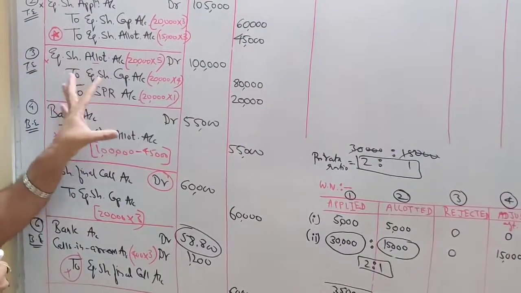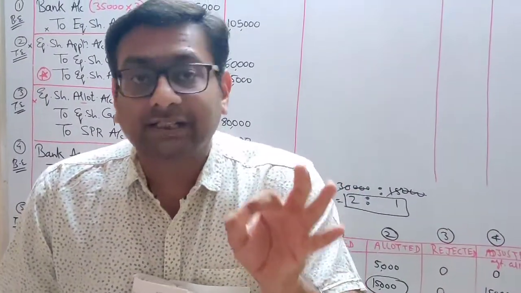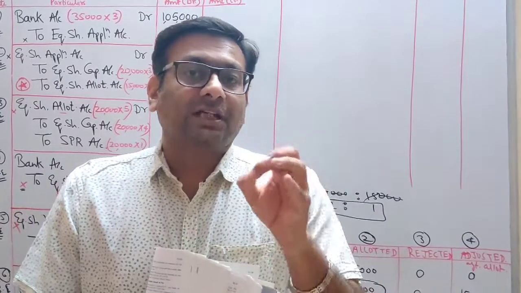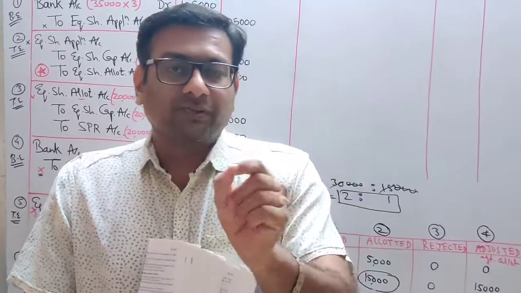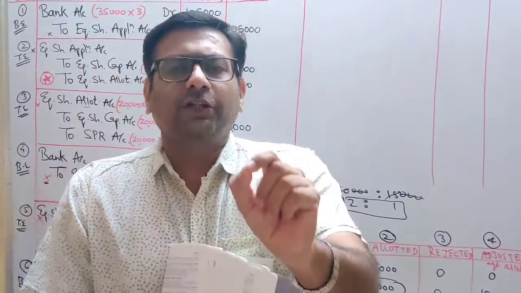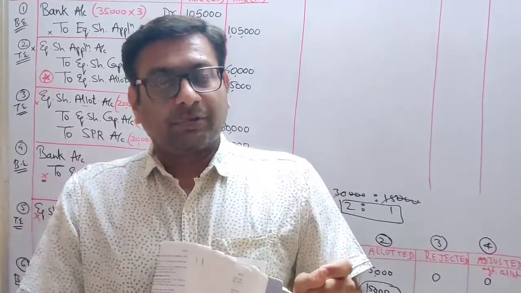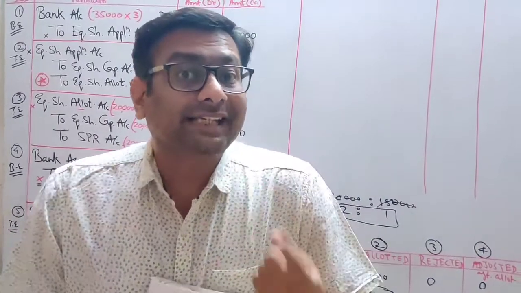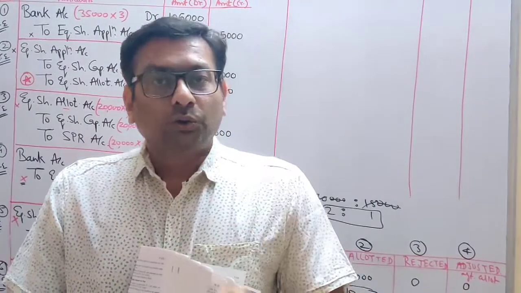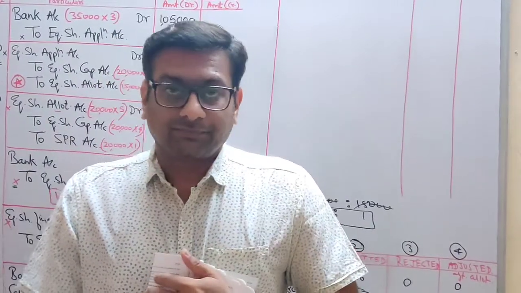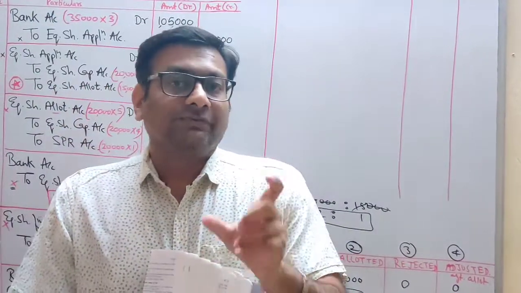But if there is arrear in allotment, students, you will have to do one more extra working note. That extra working note, I call it personal working. So take a note of this. I'm saying it right now. Just take it down in your book anywhere. Whenever there is a pro rata sum and arrear is given at the time of allotment, then do a personal working note. I hope you have taken this note.